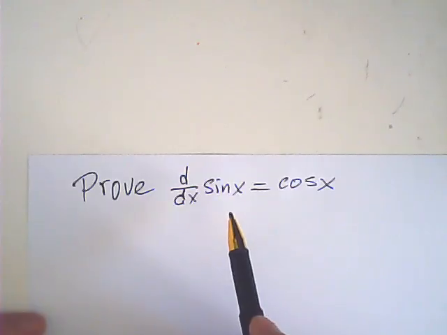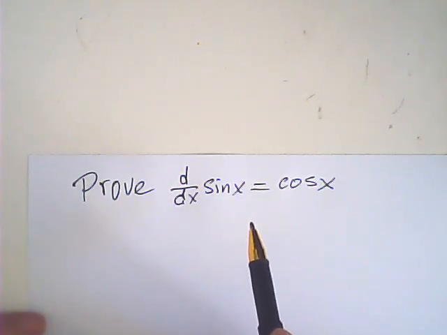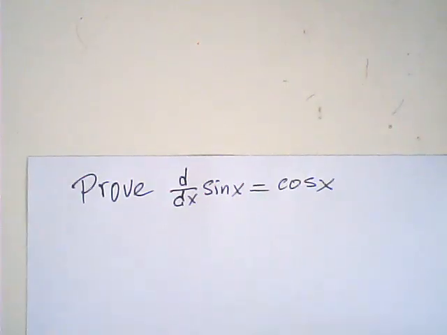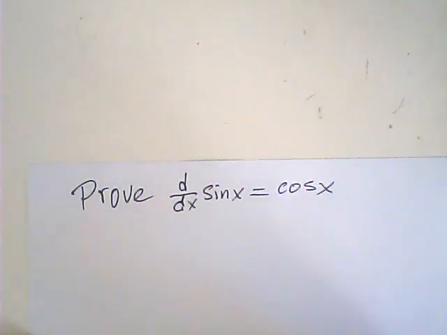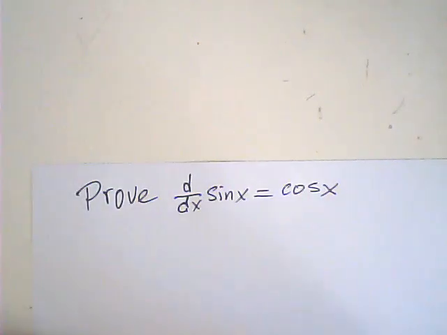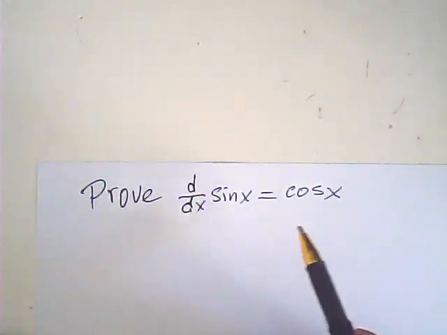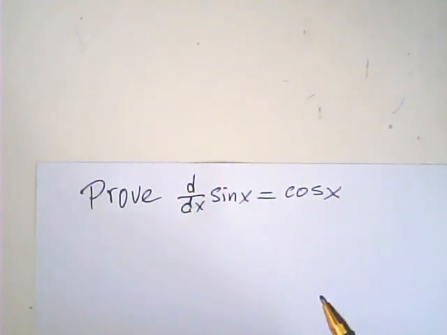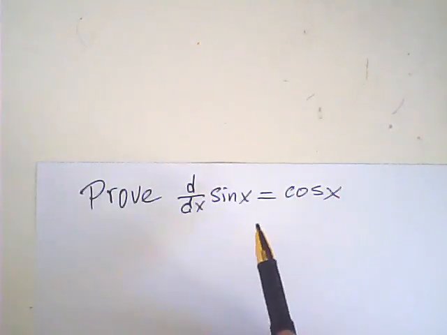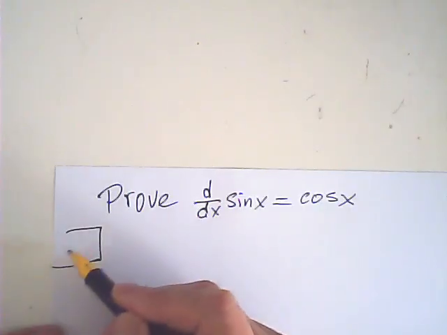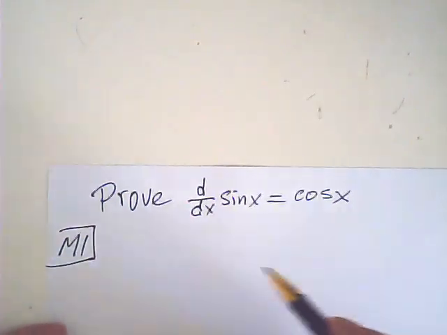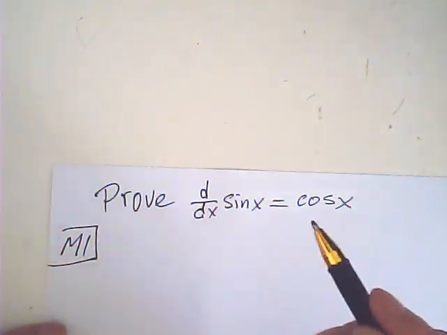Prove the derivative of sine x with respect to x is cosine x. I believe everybody learning calculus must have learned this. Now here I have 7 methods. I would like to present 7 methods to prove this derivative. Method 1, I think this method is what most students